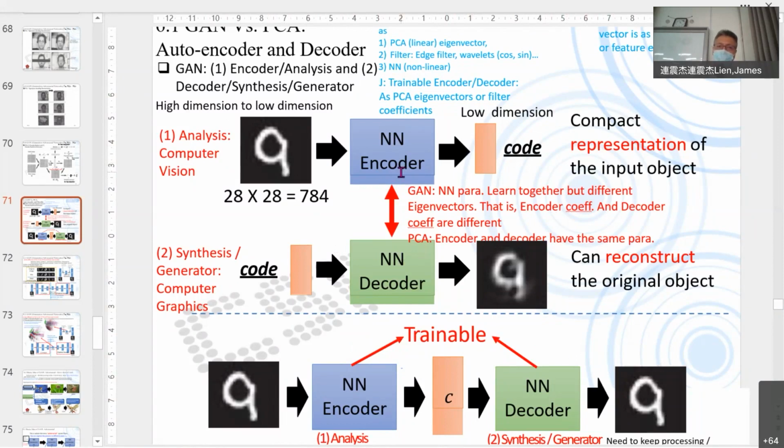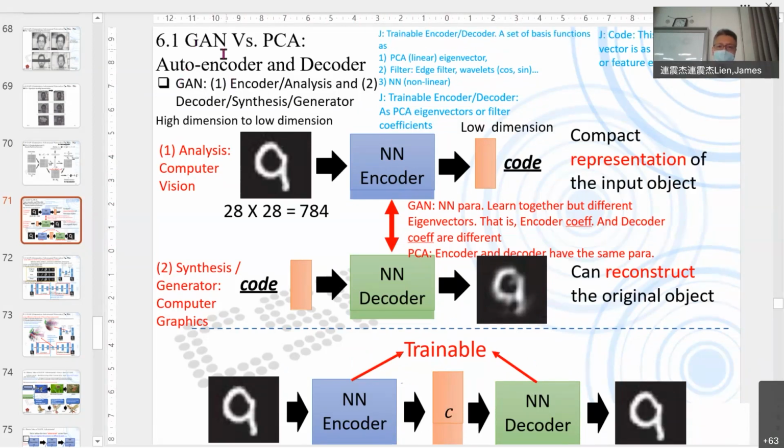It just uses singular value decomposition to factorize, without learning. And this is learning, with a loss function so that the output will be close to the input. So that's the GAN. Back to the GAN: we have an analysis, and we have a synthesis, the generator.